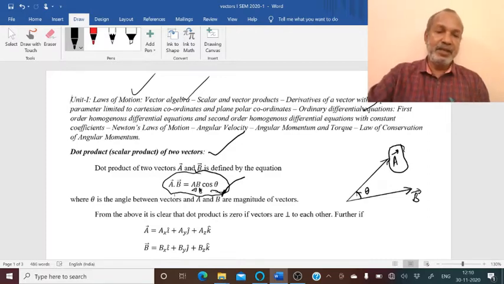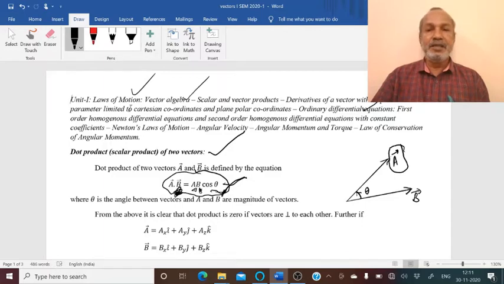This is actually on the left hand side. You can see it is A dot B. So both A and B are vectors. And in this defining equation A dot B equal to AB cos theta, this theta is the angle between A and B. So in this diagram you can see this vector B is there, this vector A is there. So angle between them will be theta. We know that value of cos theta is 0 when theta is equal to 90. Cos 90 is equal to 0. So if A and B are perpendicular, then their dot product will be 0.